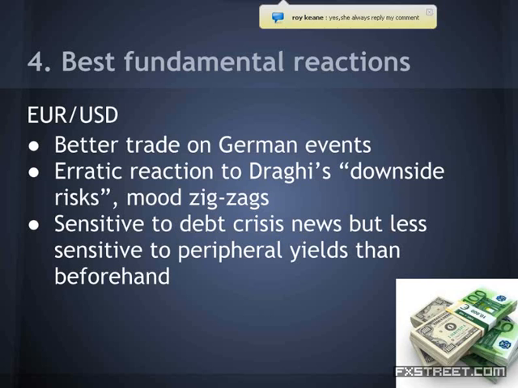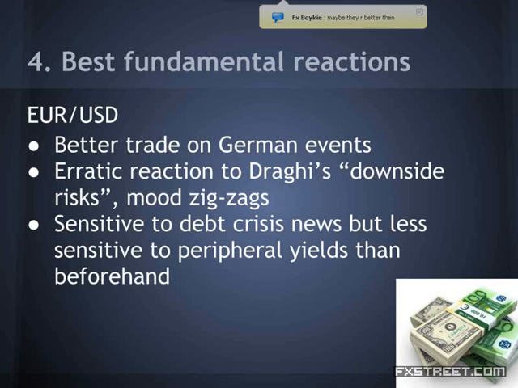Debt crisis in Europe is still going on. Currently, countries like Spain or Italy have access to markets, and so the debt crisis is a bit on the back burner thanks to Draghi's OMT. But it's still something perhaps to watch in the future, maybe after the German elections. I had a webinar about that, I think 2 months ago. So we might see reaction to peripheral yields, Spanish yields, Italian yields, and also Portuguese, Irish and, to a lesser extent, Greek, after the German elections on September 22nd. In the meantime, it's a bit muted.